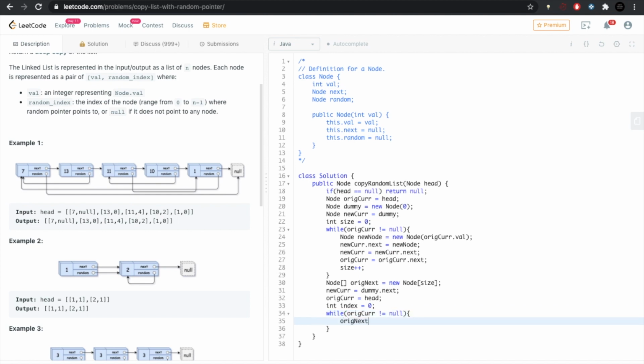Store the next pointer. Use the index. Make the random pointer of the new nodes point to its corresponding nodes in the original linked list.